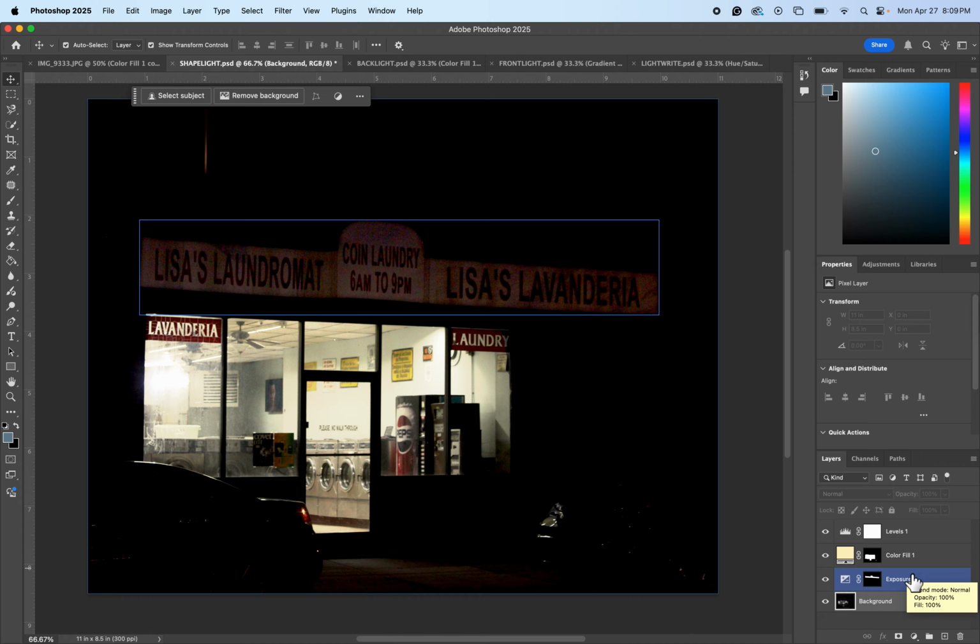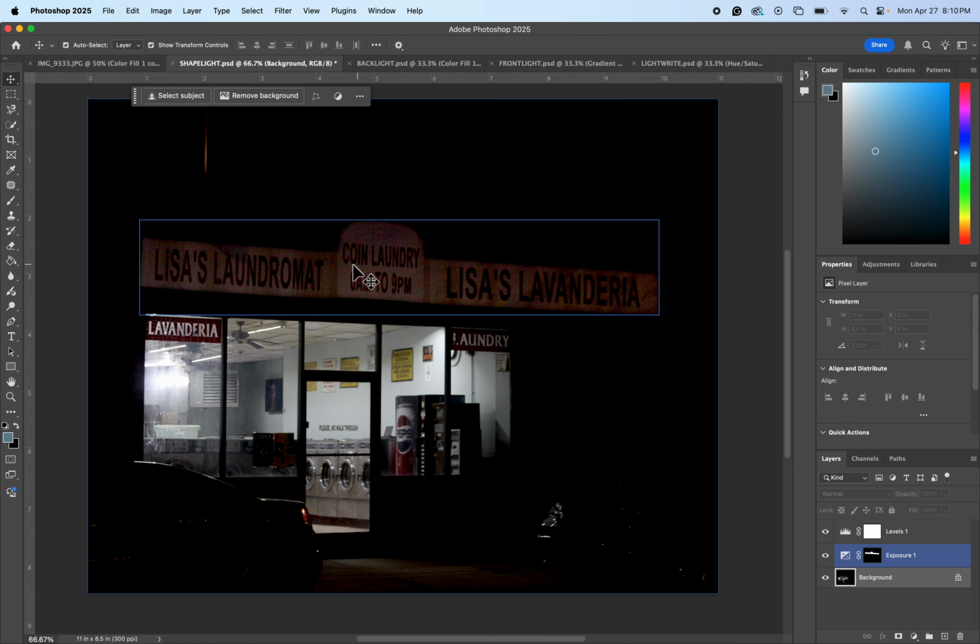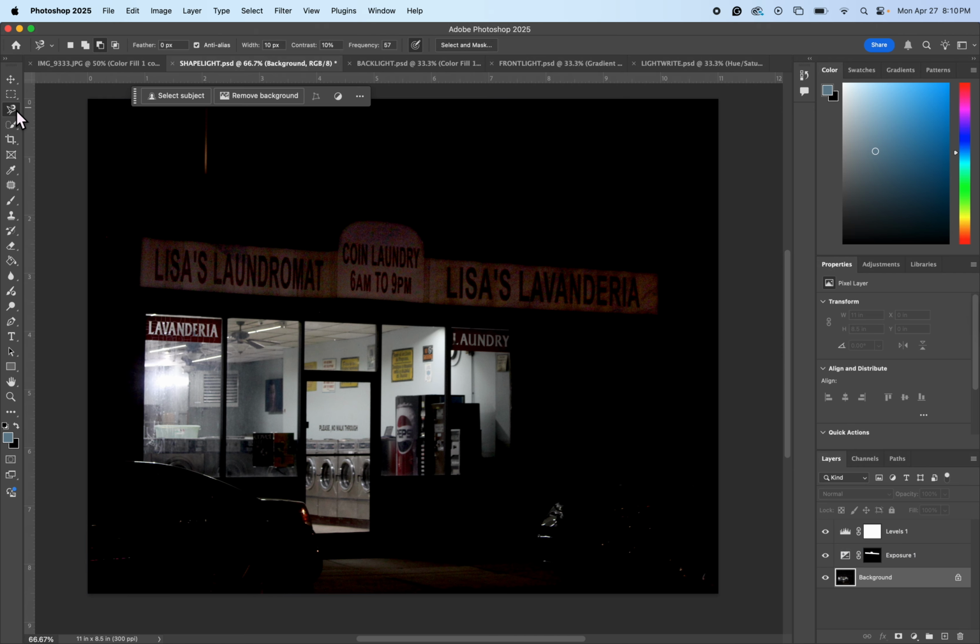So again, here you can see with my exposure, I just made a selection of this sign. And then with my color filter, I went in and made a selection of the window itself and then just added the color fill filter, like we've done before. And I'll show you how I did that. So with a photo like this, where there's so many different changes of value, it'd be really hard to use one of these select functions from the top. And so I find it easy just for this one to use the magnetic lasso tool, where I could go in and I could select